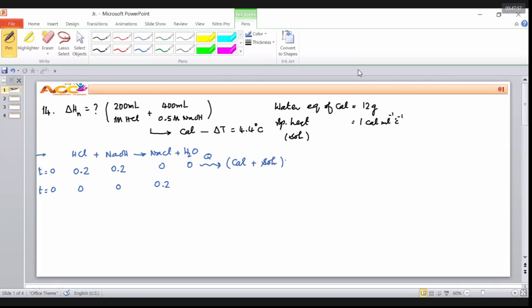Now go to 10th class. In 10th class, what we have said, sir, Q is equal to m s delta T. Are you able to understand this? Yes. Mass of the body, specific heat of the body, increase in temperature. And remember this m into s. What is m? Mass. What is s? Specific heat. It is also known as water equivalent of